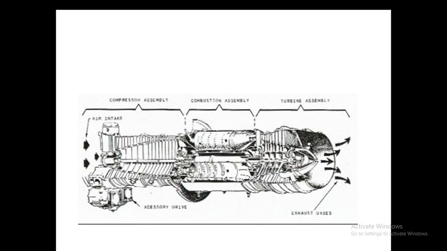So here is the section view of our gas turbine. The first one is the compressor assembly. After this compressor assembly, it has a combustion assembly, and after this combustion assembly, it has a turbine assembly here. Okay. In the compressor assembly, the air is sucked from the atmosphere and compressed, so the pressure of this air increases here. Then this high pressure air is supplied to the combustion chamber where fuel is supplied, and inside the combustion chamber this air fuel mixture gets burned.